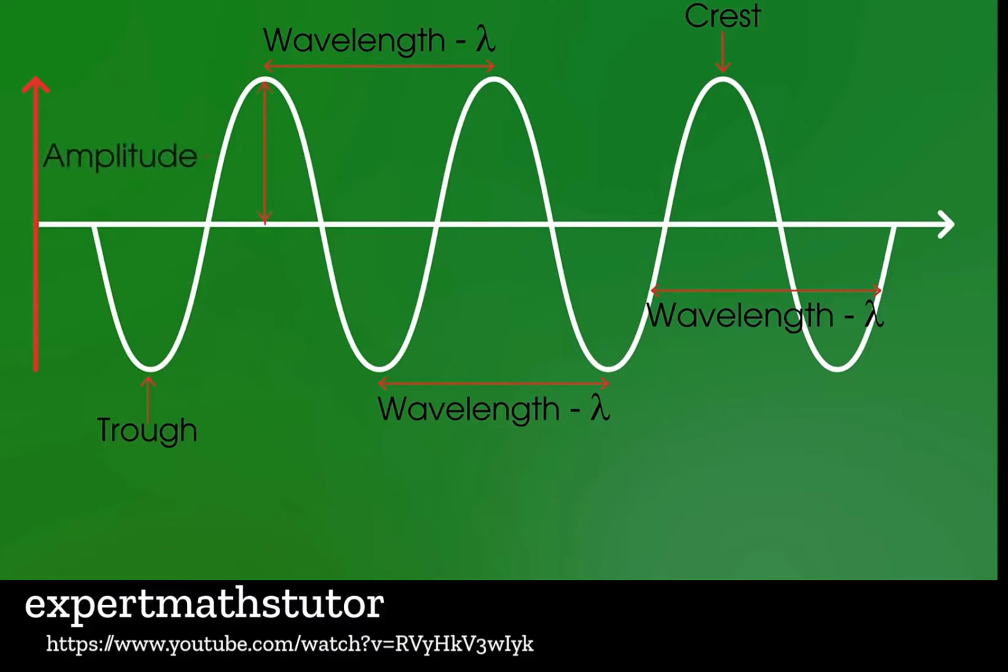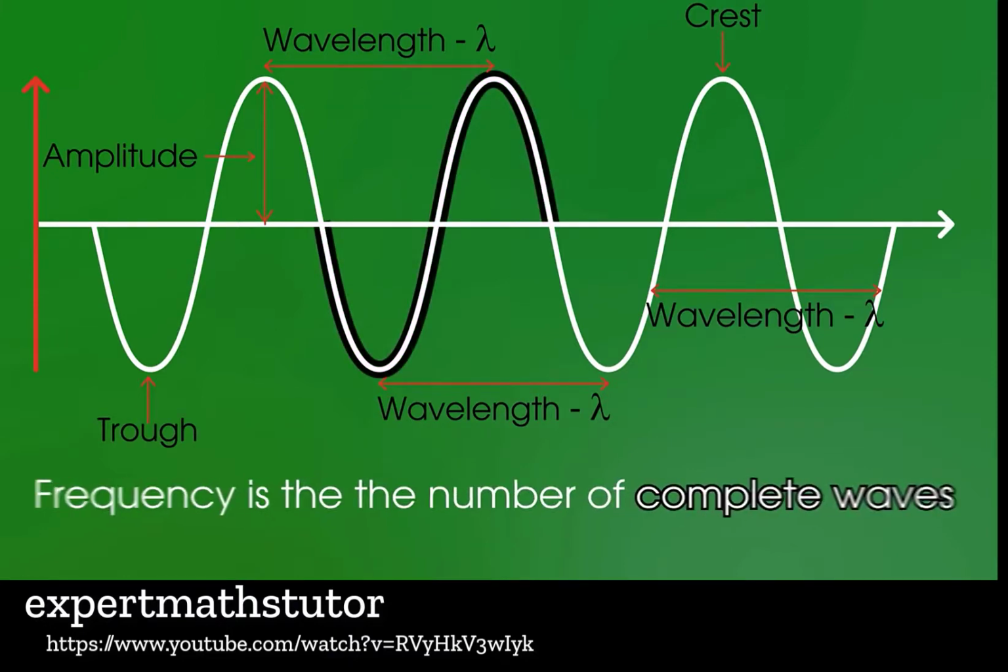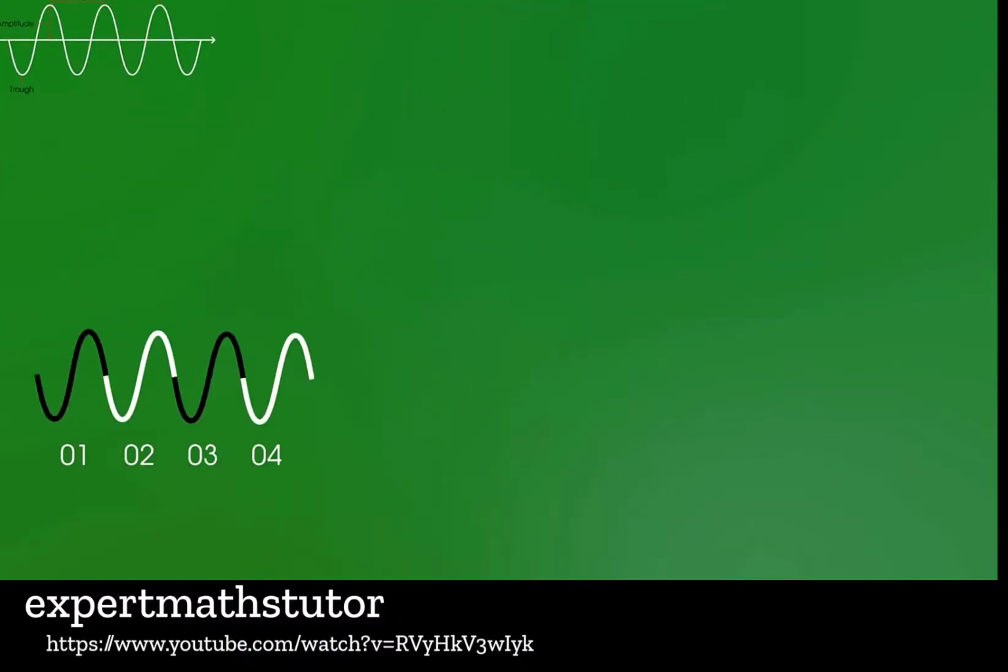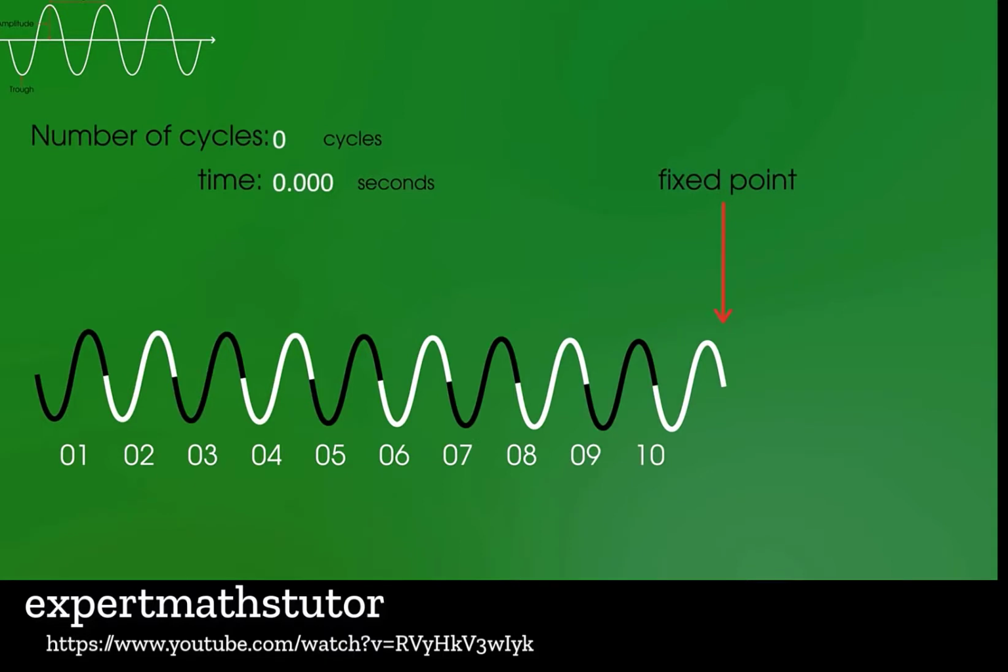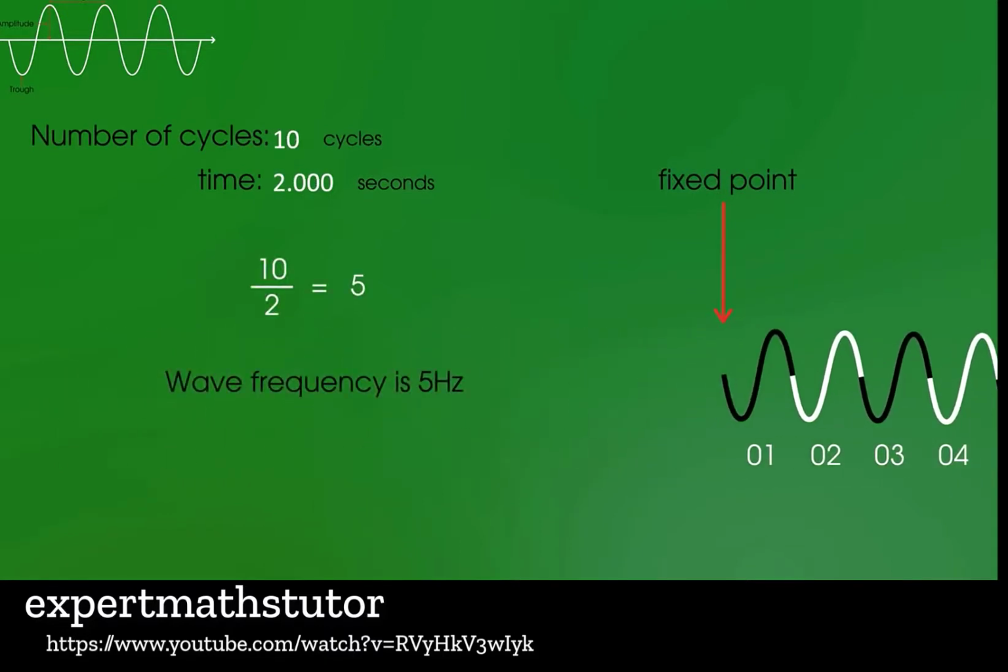The amplitude is like the size of a wave, but we need to remember that it's measured from the equilibrium position, or the central line, to the crest, not from the crest to the trough. Finally, frequency, which is the number of complete waves to pass a point every second, and it's given the unit of hertz. So an example of this would be if 10 waves pass in 2 seconds, the frequency would be